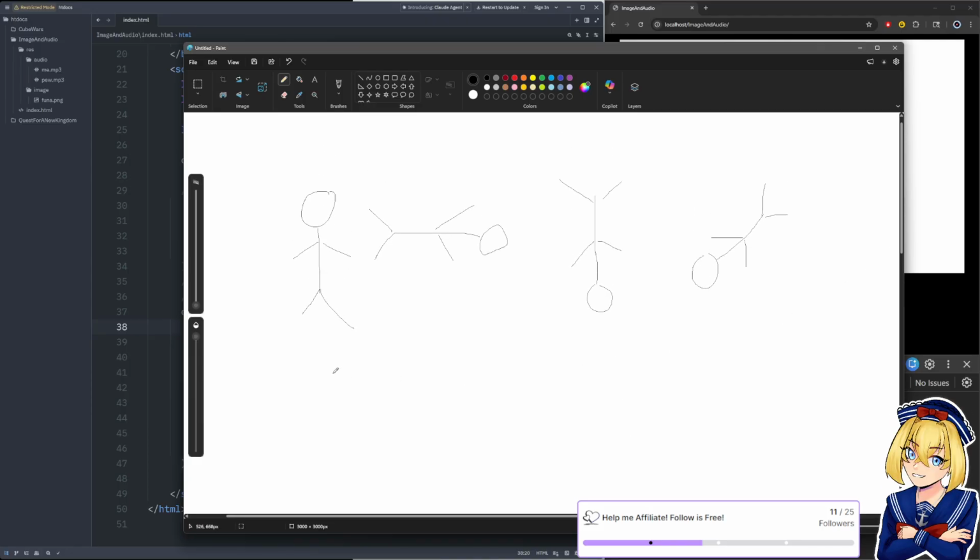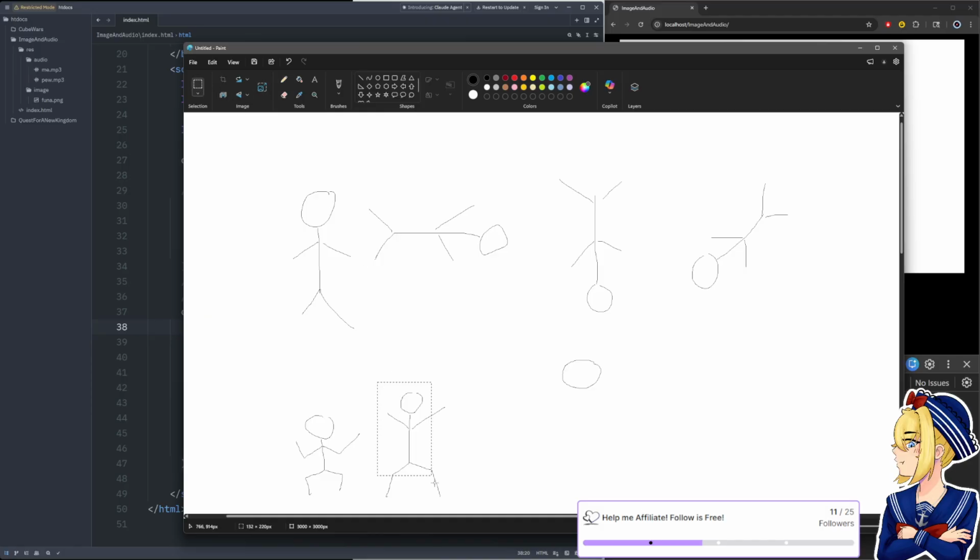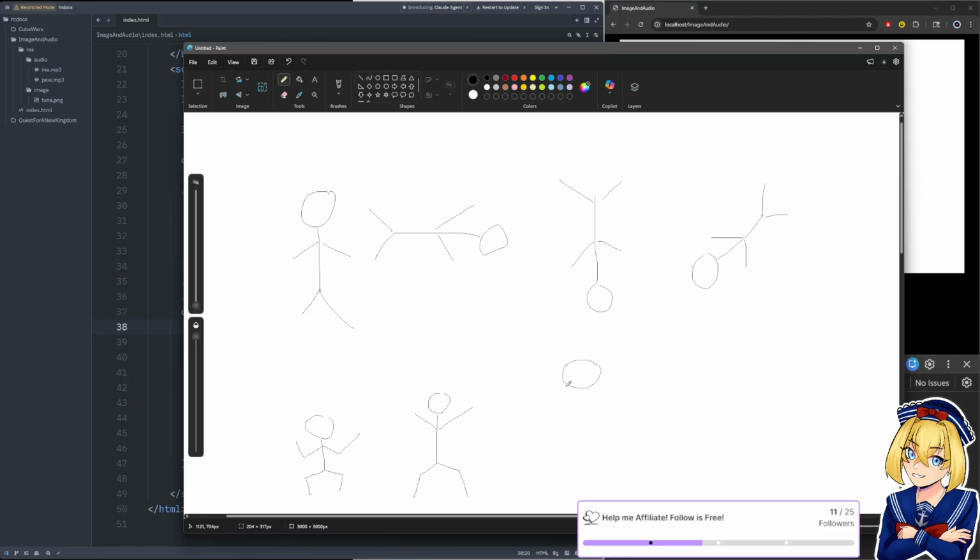Well, then we also want like a jump. So he's kind of crouching, sort of. And then he's gonna be kind of stretched out a bit, kind of like this. I know I'm the best artist you've ever seen. And then he's gonna be up in the air. I should try to have these... Where's the select tool these days? This one? Should try and line these up a bit more so it actually looks more realistic.